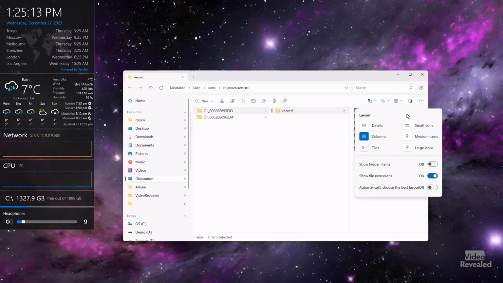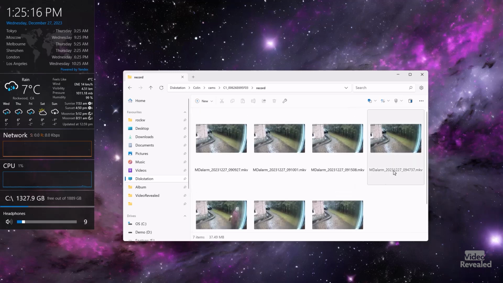And if I look at this, large icons, those are all MKV files, and they have previews. So you just load this into the operating system, and it starts redrawing all of these thumbnails that you would normally not have. Now, you'll notice I opened up, other than Windows Explorer, I opened up a different file browser called Files. And this is also something that I love because